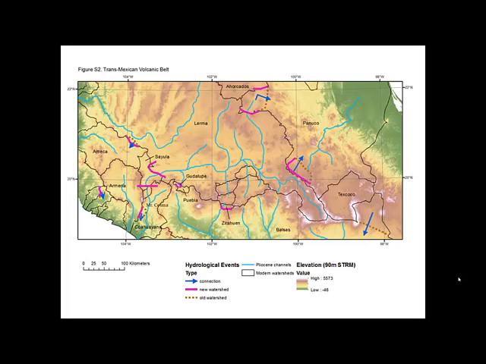So I'm creating this space-time map. And some of these divisions are where we've got splitting events. So this is the Mias. These are the rivers during the Pliocene, which used to flow down there. Then what happened was there was a volcanic eruption that blocked this channel, and then a paleo lake formed behind it. So I'm creating this space-time model of the change in the hydrological network through time,